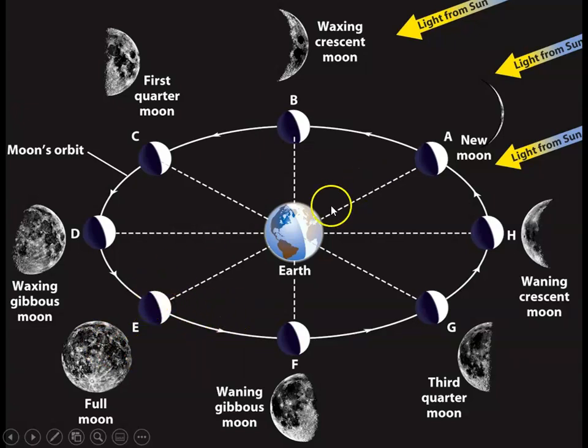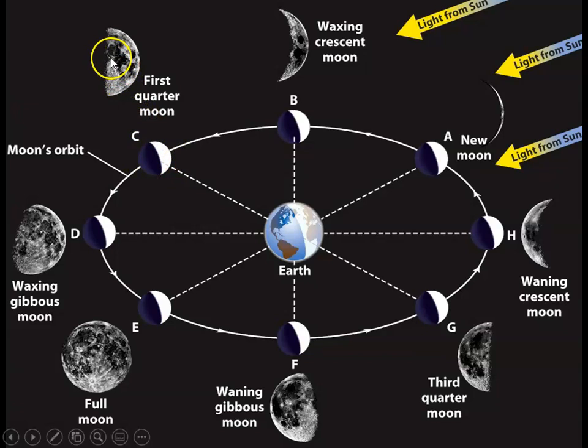Now, the times halfway in between those, in those cases, you could make a triangle between Earth, Moon, and Sun, and that triangle would have a 90-degree angle with Earth being at the center of the 90-degree angle. In those cases, we see a quarter moon. Well, why do we call it a quarter moon? Because the first time you see it, the moon is a quarter of the way through its cycle,